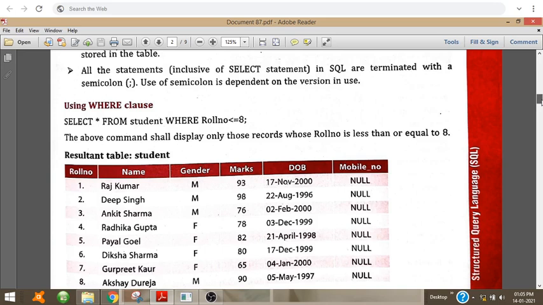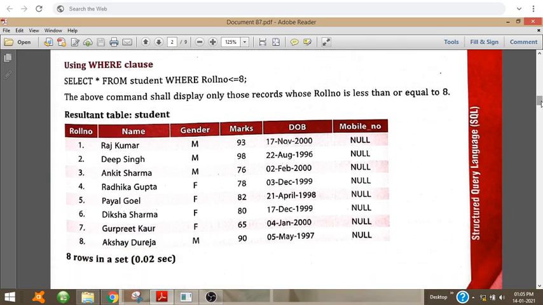Then the where clause. So you know why the where clause is used. If we want to retrieve the rows based on a certain condition, then we use the where clause. So the syntax is select star from table name where condition. That is, select star from student where roll number is less than or equal to 8. So we have to retrieve all the rows with roll number less than or equal to 8.